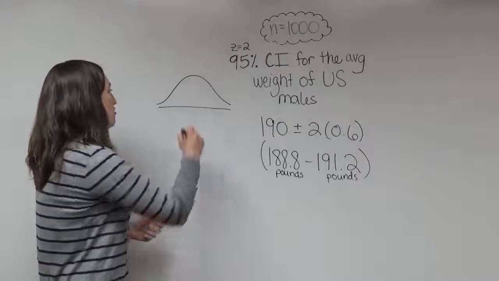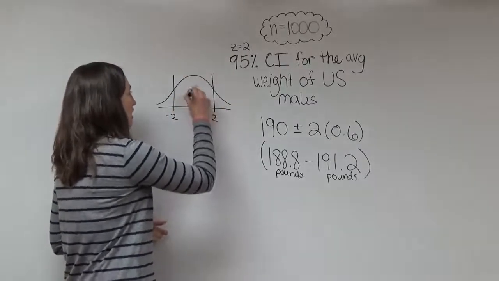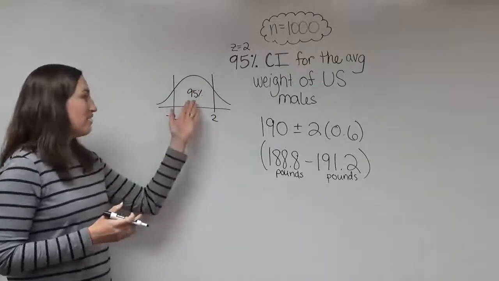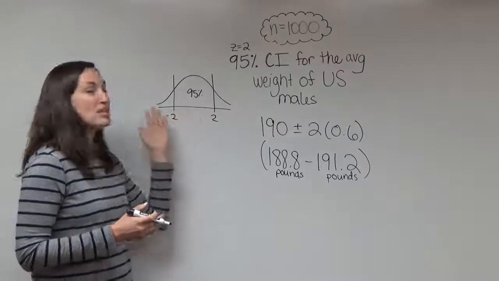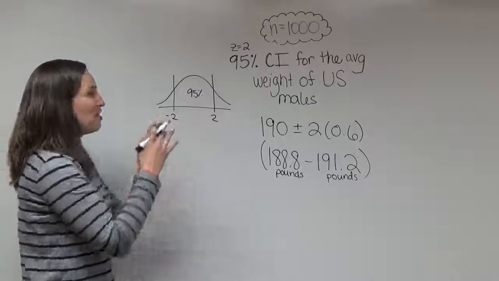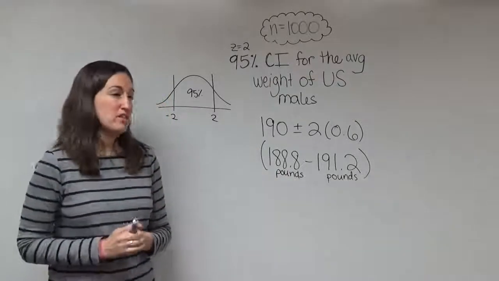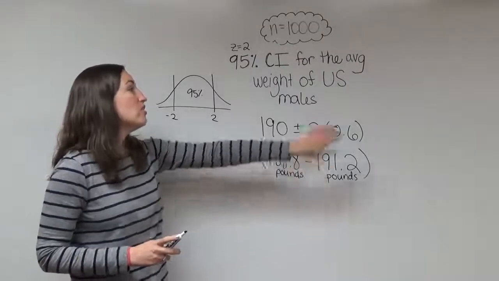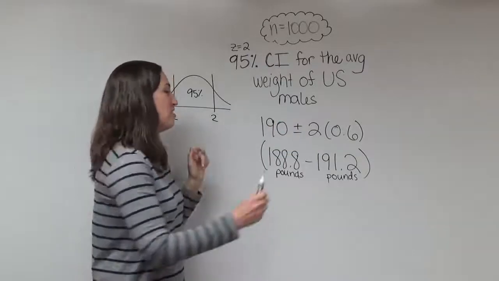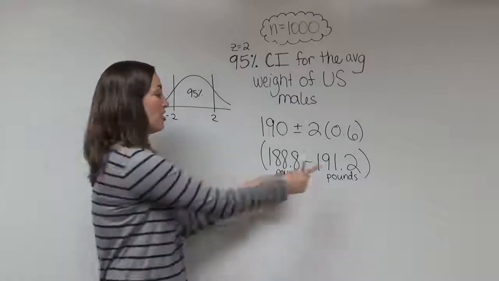Then I know that 95% corresponds to a z-score of 2. And with data that follows the normal curve, 95% of the data is within 2 standard deviations of the average. That's what we talked about back in chapter 5. That's not exactly what we're talking about here with the confidence interval. This is a confidence interval for the average weight of all US males. I'm 95% sure that their average weight, if I asked every single US male this question, would fall